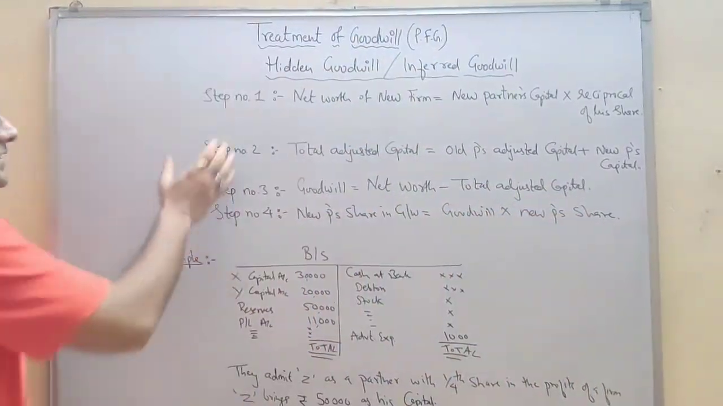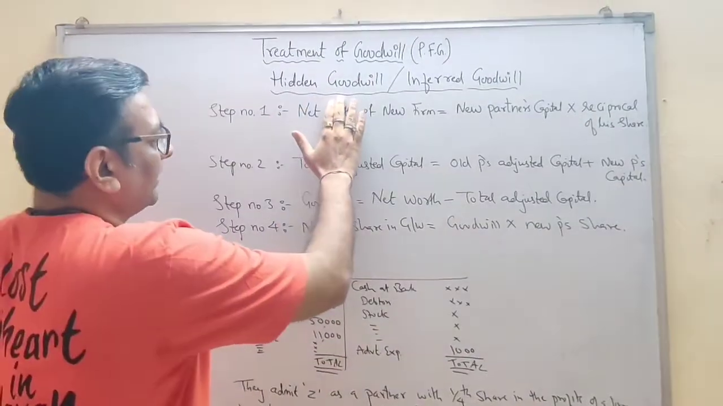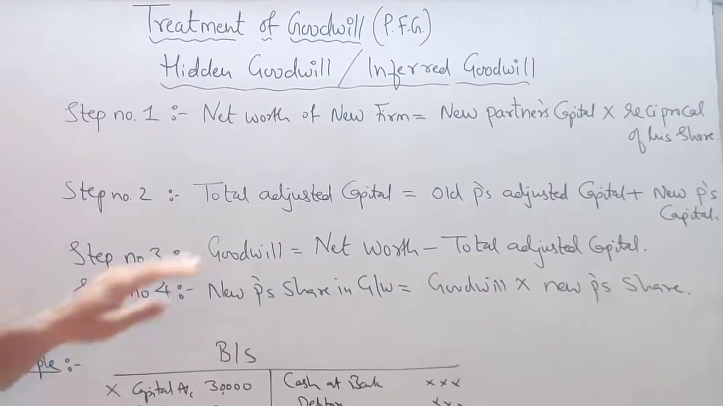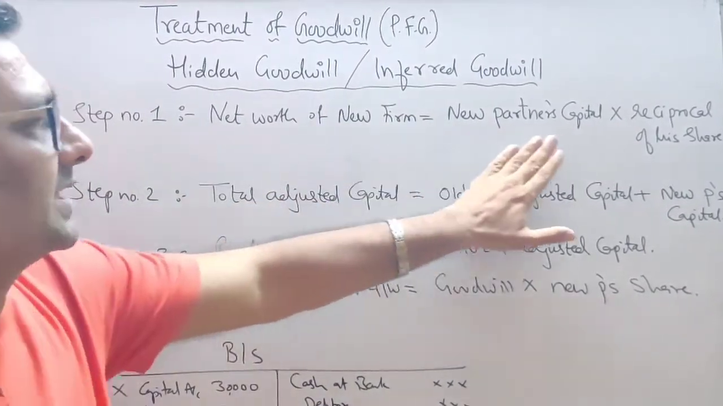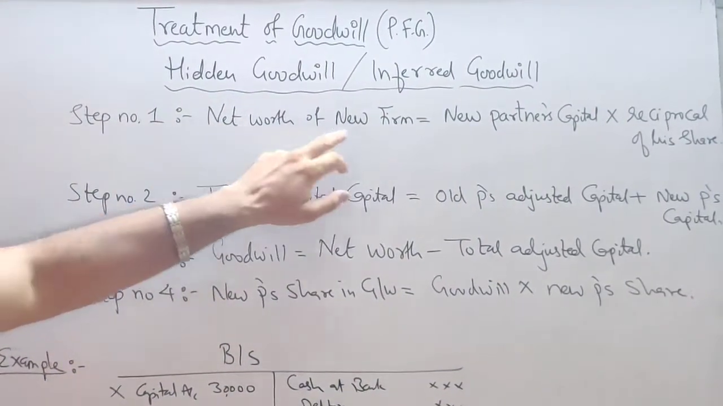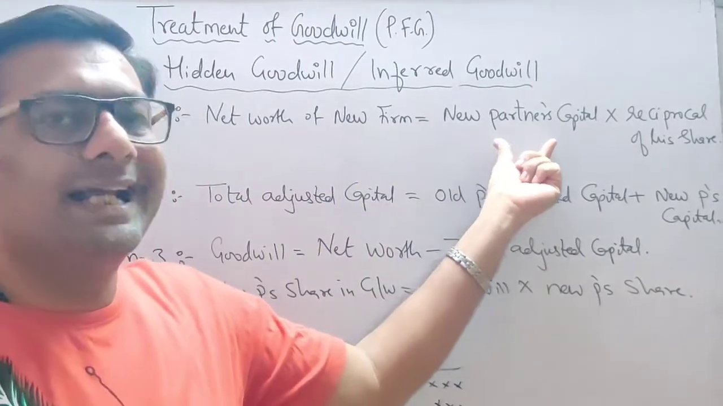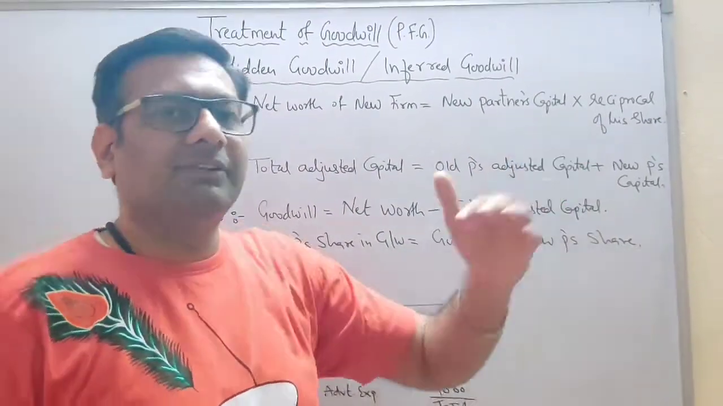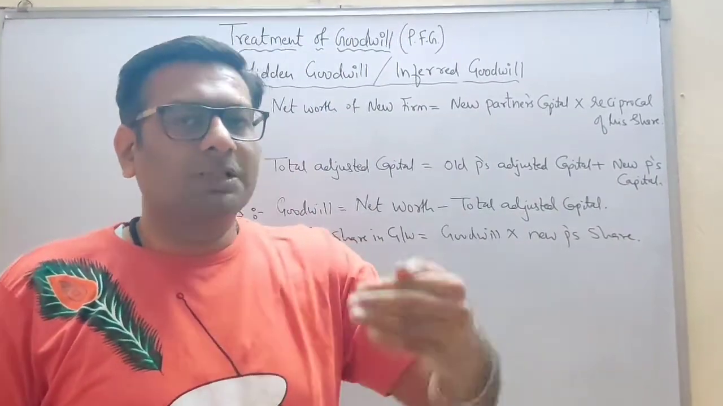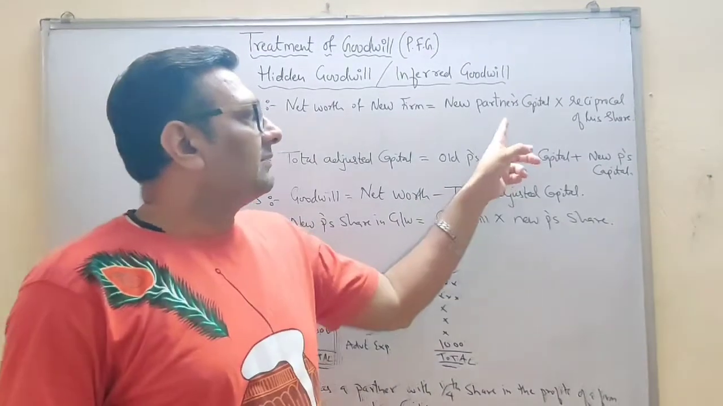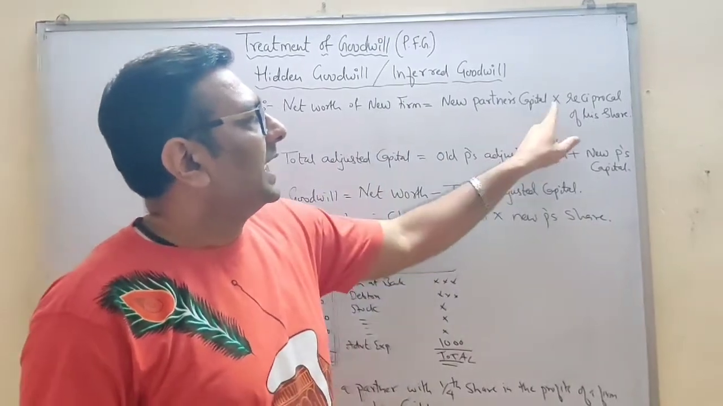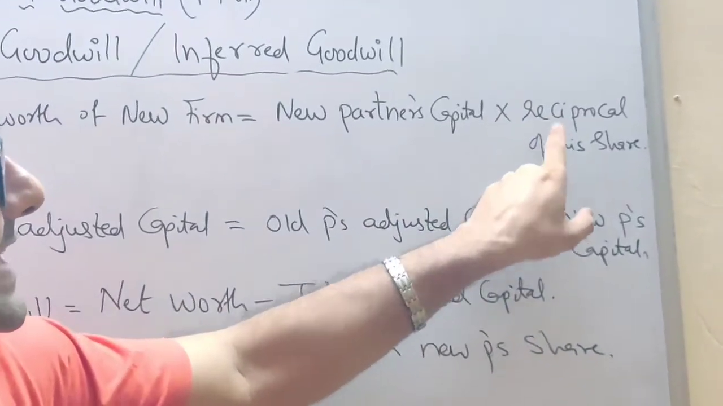The step 1 for finding hidden goodwill is the net worth of the new firm. Now how to find the net worth of the new firm? This is the formula which will help you. You are going to take help of the new partner's capital, which will be given to you in the sum anywhere. How much capital the new partner is bringing will be given. You substitute the value as per this formula, and then you have to multiply it with the reciprocal of